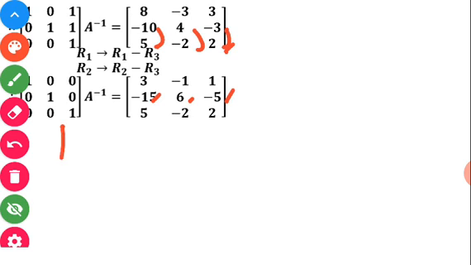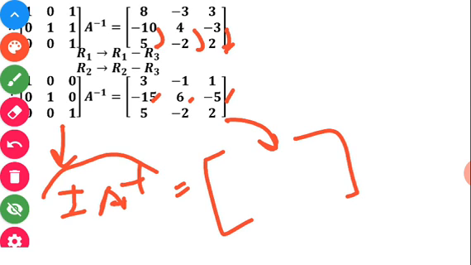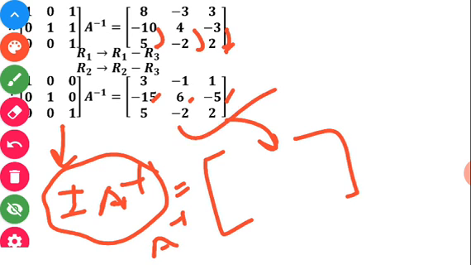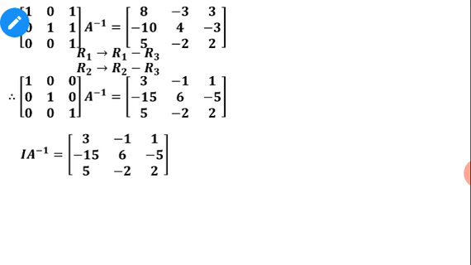And now what we got is the identity matrix of order 3, then A inverse as it is, and this part. We know that I into A inverse means when the identity matrix multiplies with any matrix it gives the same matrix. That's why A inverse is equal to this, your final answer that we got. Okay students, so this way we do this problem. This is a very important problem, usually it comes in the board exam. Let's complete that last operation: I into A inverse, this we got. So therefore A inverse is equal to this, my final answer. This way you have to find the inverse of order 3 by 3.